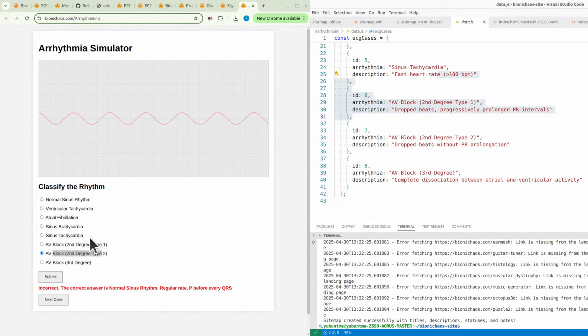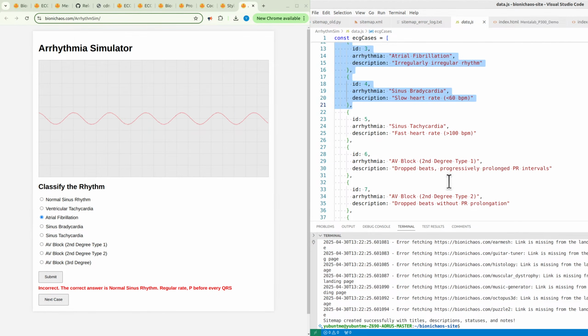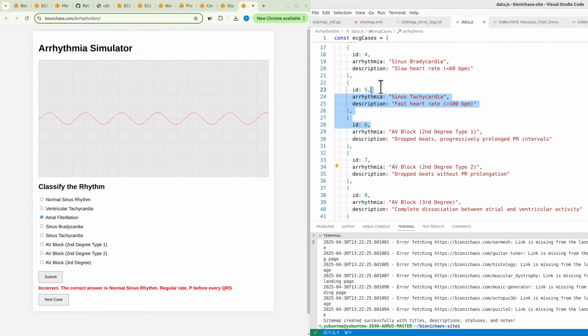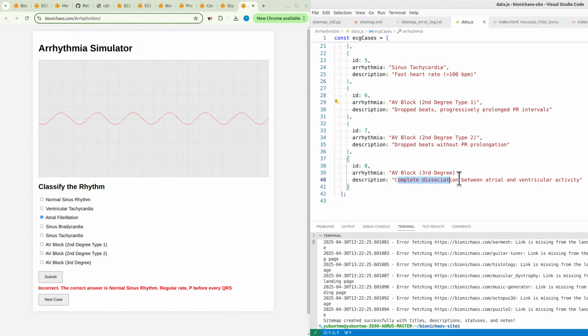Okay, I was about to get rid of this one because it's not working correctly, until I realized there's this JavaScript. It's actually quite useful, if correct, of course, where we have the ID and the type of arrhythmia. So we have sinus tachycardia, AV block, and then there is a description.